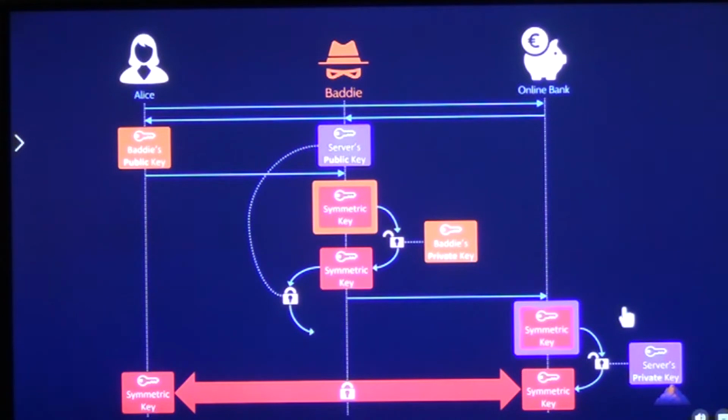So a transaction will come to him. He may want to change it. ठीक है, he may want to change it. He may want to see what is happening. He may send it to some other bank account, जिधर आप ट्रांसफर किसी को कर रहे हैं, वो जा कहीं और रही है. So he can do anything because he is sitting man in the middle. So man in the middle attack usually is the only way to find out what is happening if 2 people are doing what they say is end-to-end encryption. So if you come in between smartly, you can launch a man in the middle attack, which is very serious.